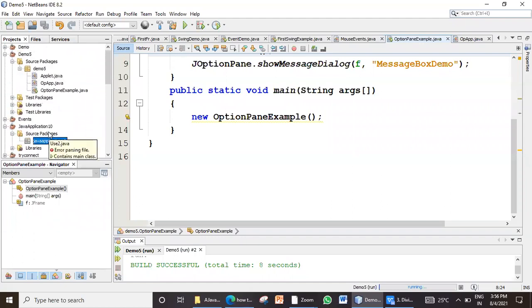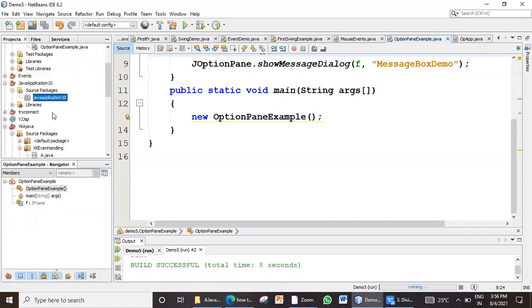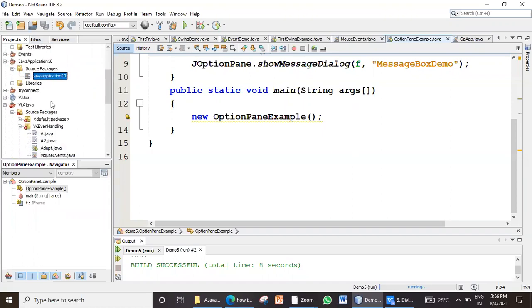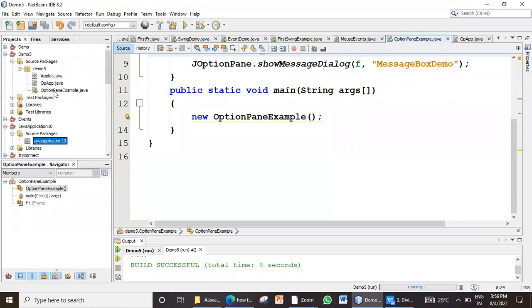Don't go on creating new ones. One more thing I observed is about programs inside a particular package. For example, now I'm demonstrating this option pane example. Can you tell me under which package this program has been created? Demo file.